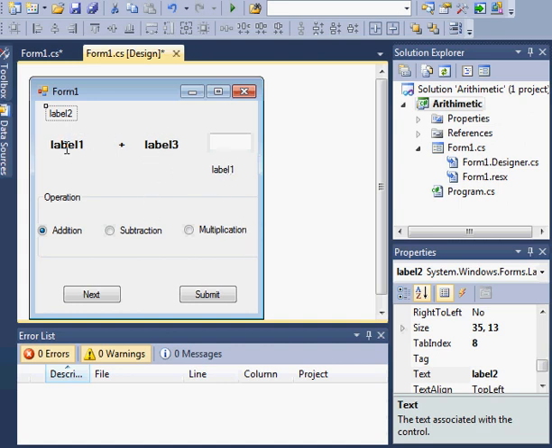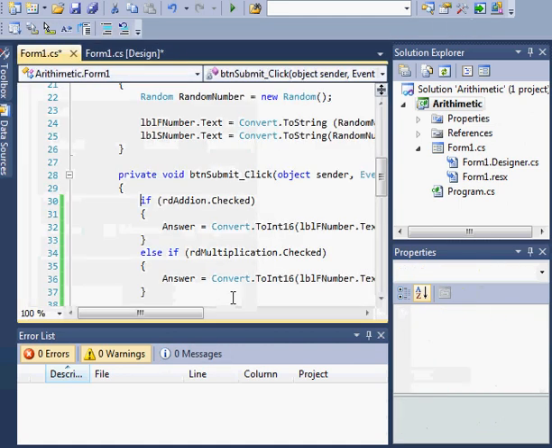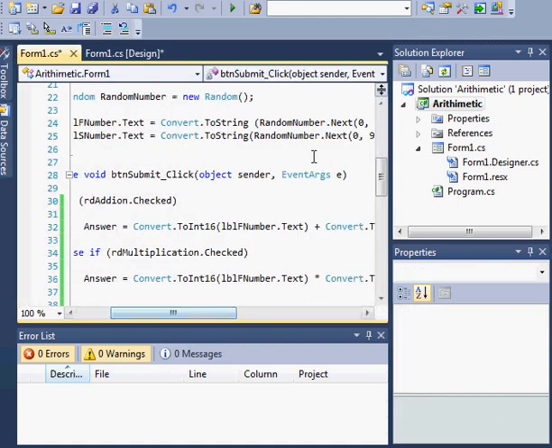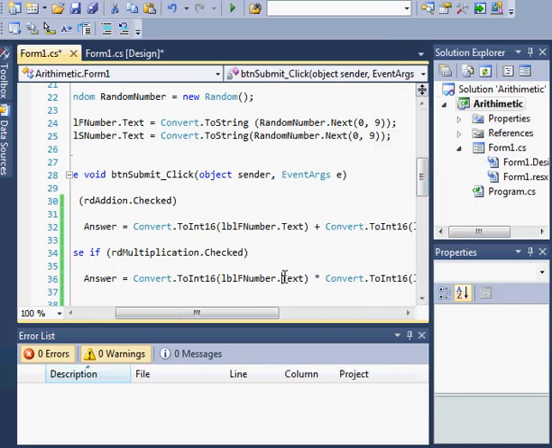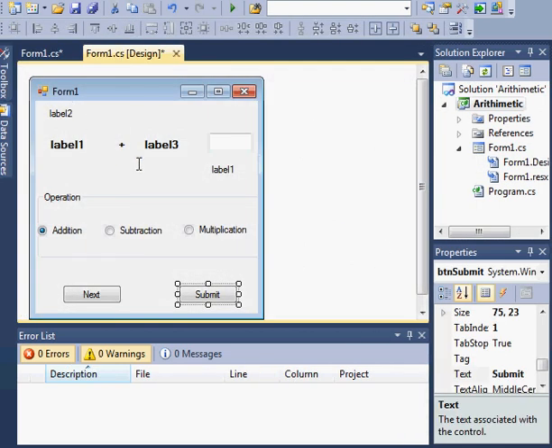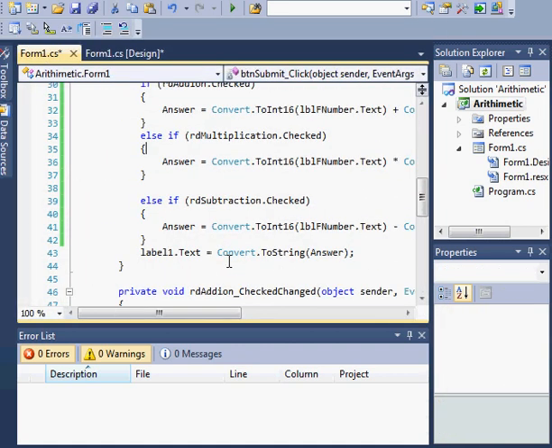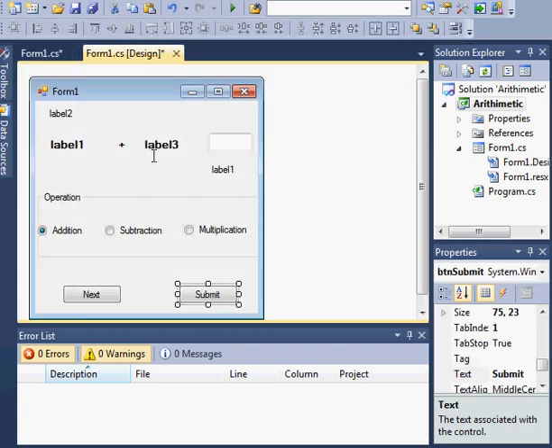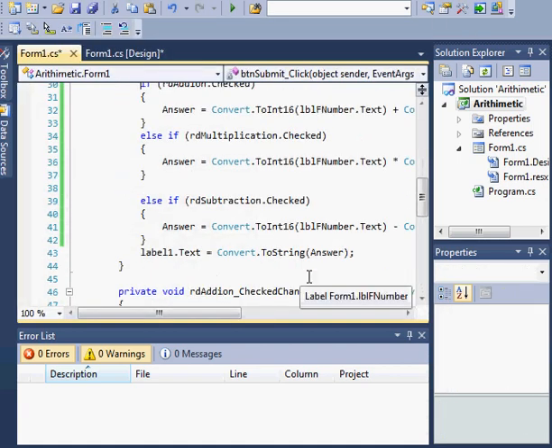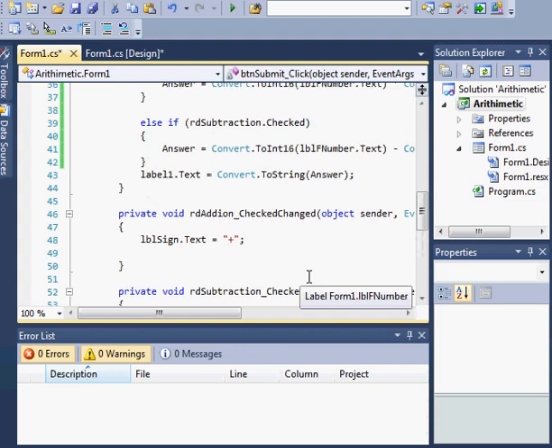Don't leave it as label 1 and label 3. So we are going to make a comparison. We shall change the value of label 2 depending on whether a correct answer or a wrong answer is entered. So under the submit button, we shall check to see,